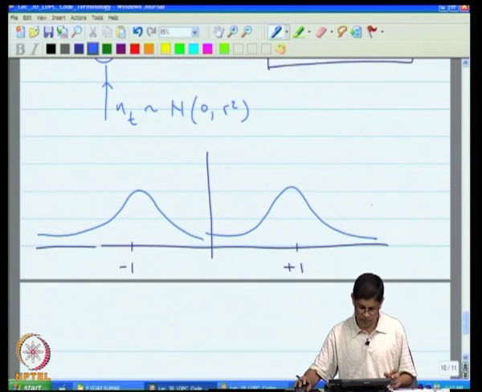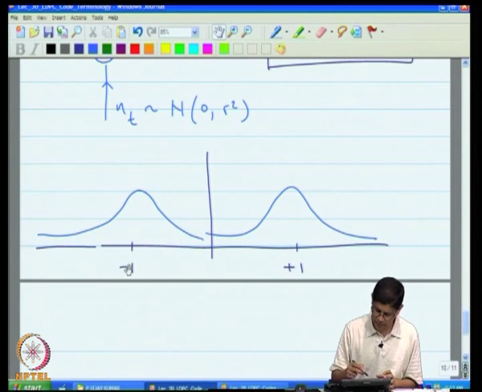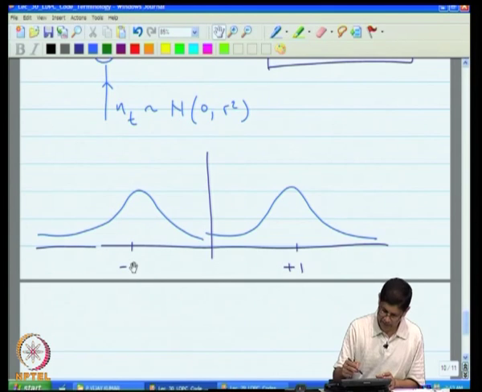Okay. So, what I mean to say is that the plus 1 and minus 1 here are your input, and what you are looking at here are the density functions